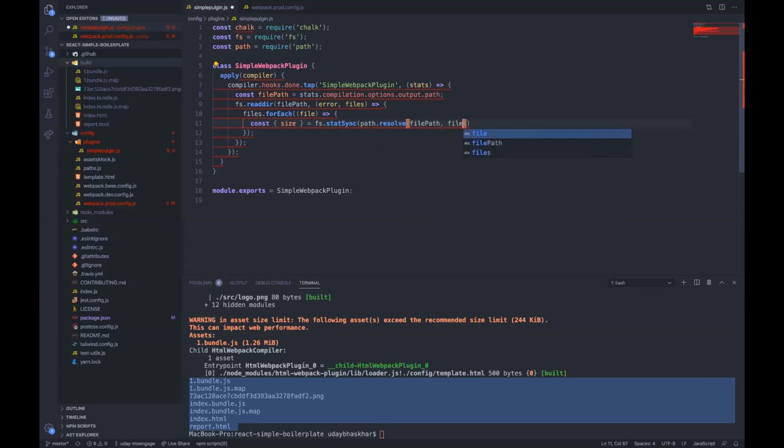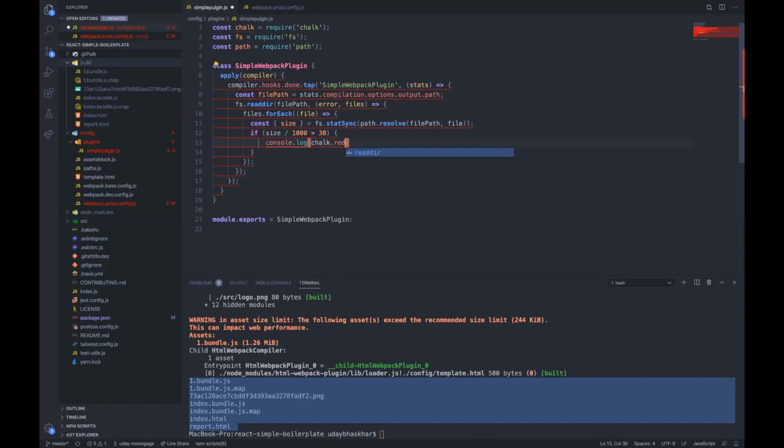File path of file, and as this gives a file size in bytes, I'll divide it by 1000 for now. And if it is greater than 30 KB, chalk.red, file size exceeded by the size, in the form of KB.